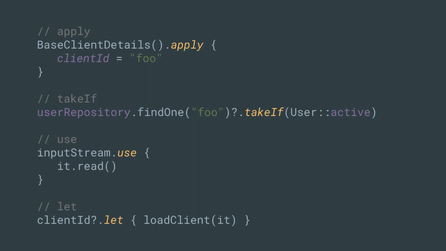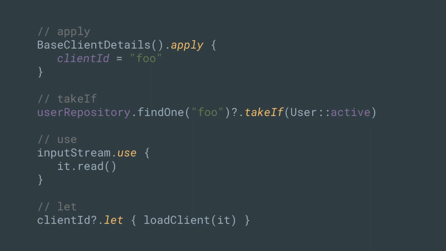And I'm sorry about the time, I'm really just finishing up. Instead of the try with resources, you have this use method that is applied on AutoCloseable and does exactly the same as try with resources. It invokes that lambda, it just ensures that the thing it is invoked on is closed.